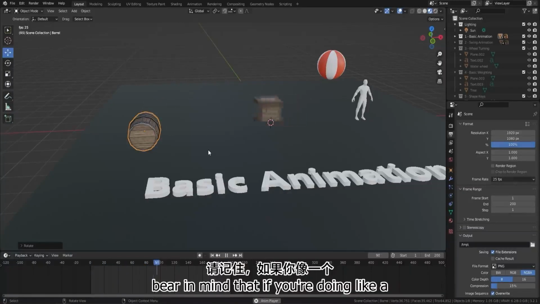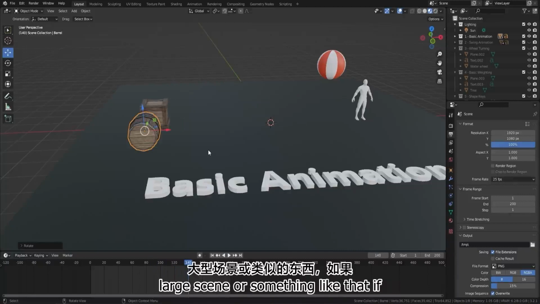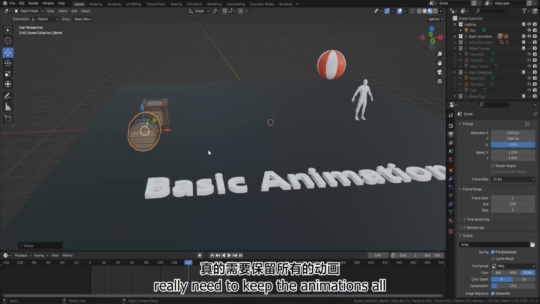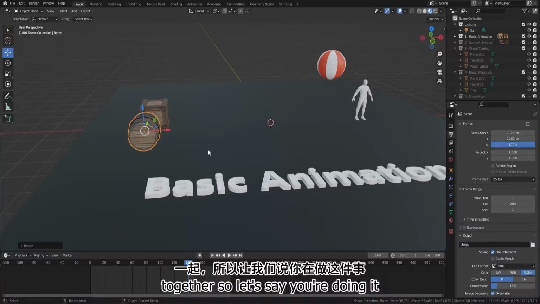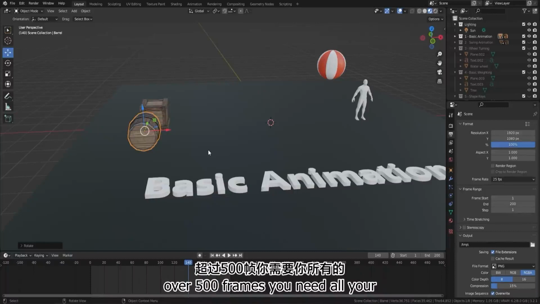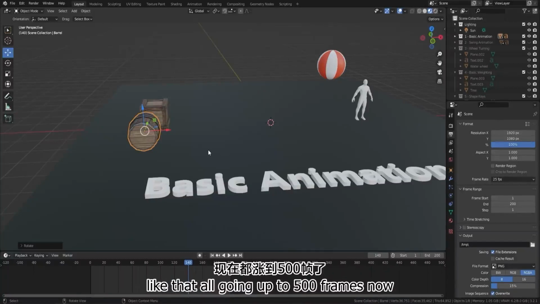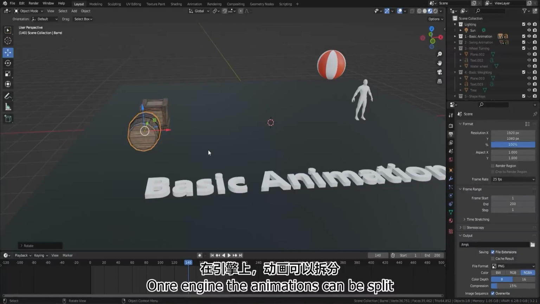So you've got to bear in mind that if you're doing a large scene or something like that, and you're rendering it out in Blender, you really need to keep the animations all together. So let's say you're doing it over 500 frames. You need all your animations, so your swings and things like that, all going up to 500 frames. Now, if you're sending it through to something like Unreal Engine, the animations can be split up. So the